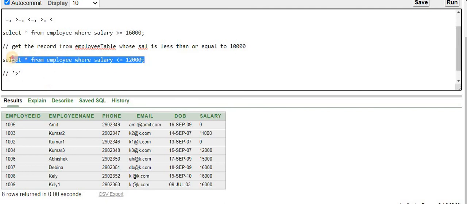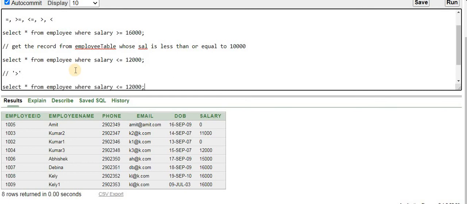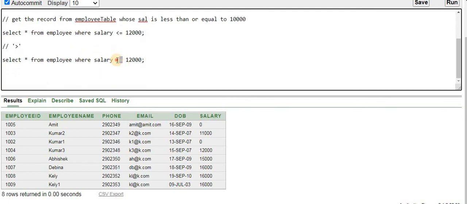So let us modify this script. Salary is greater than 16,000. When you fire this query, it will go and verify whether any employee is available in the employee table whose salary is greater than 16,000.